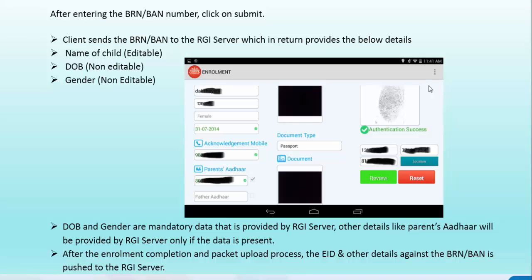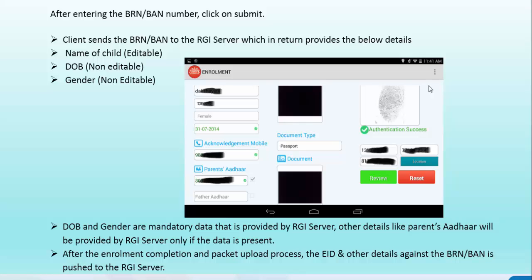Only the name, gender and date of birth of the children will be auto populated. The mobile number and parents' Aadhaar number should be entered manually by the operator. So we can get only the children's name, date of birth and gender details from the RGI database.